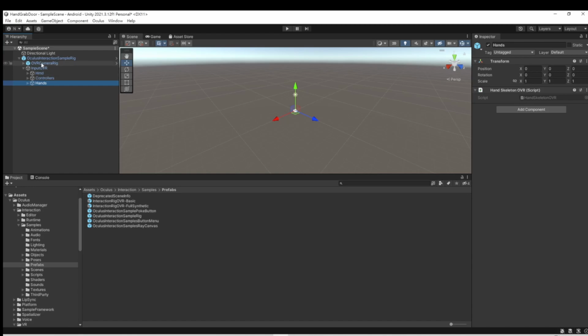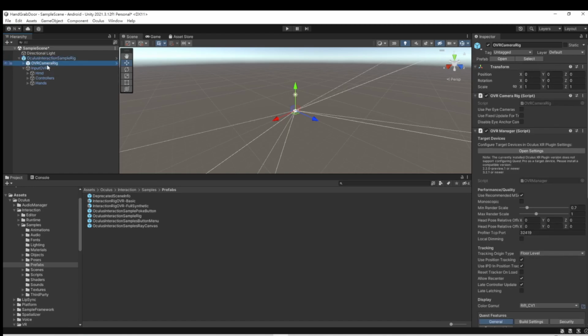就是先从 Oculus 那个资料夹里面去找到 interaction，不是 interaction samples。在 interaction 的资料夹里面找到 interaction，然后里面 sample，然后在这个框架里面再找到 prefab。OK。